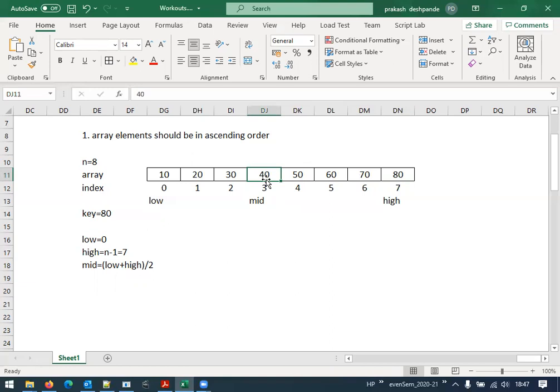Implicitly, it means the left hand side of this 40 is all less than or equal to 40, and the right hand side is greater than or equal to 40. Correct? Now, keeping that in mind, the key element is 80. Let me try to write here for your understanding.